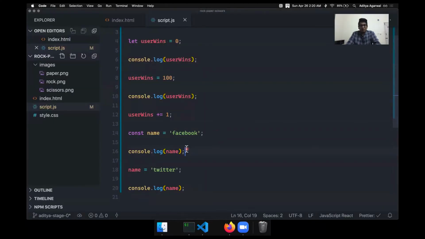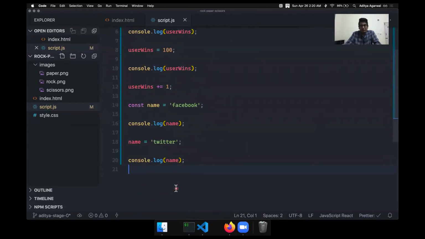So when is this one useful? It is useful when you know the value is not going to change. For example, if you are on facebook.com and they want to show that Facebook text, they know this website is Facebook, so this text is never going to change. So why not keep it in a const? The things you know will not change in your app.js file, you should keep in const. The things that will be reassigned, you should keep in let. There are some catches and edge cases in this const definition that I gave you, but for beginners, it is just fine. Cool. So now we know the basics of variables.